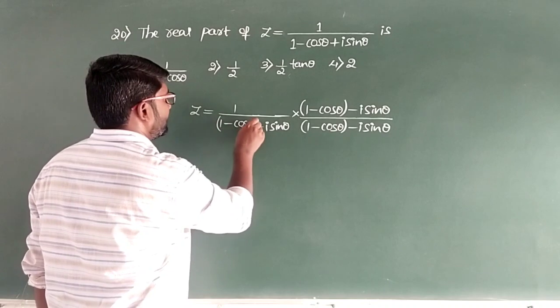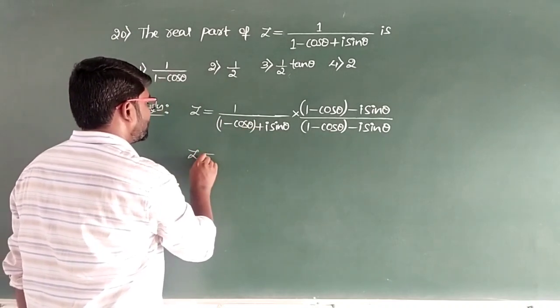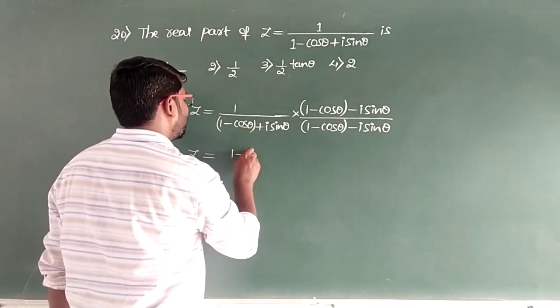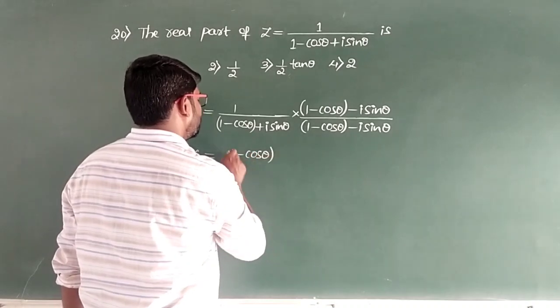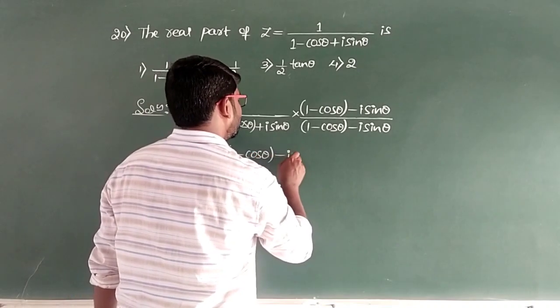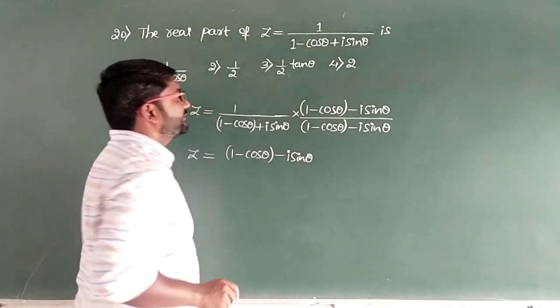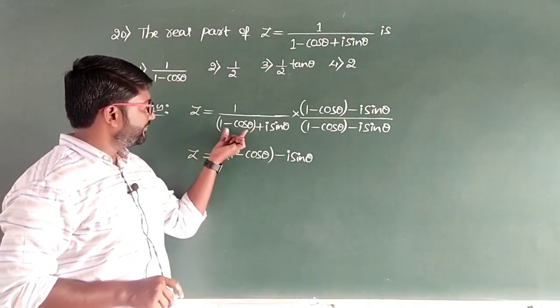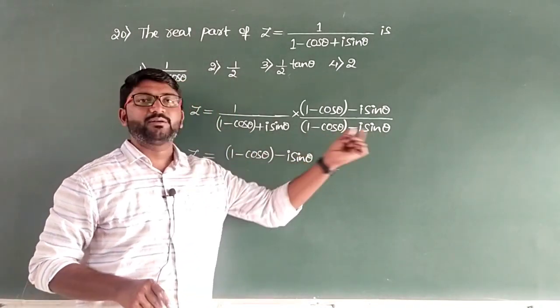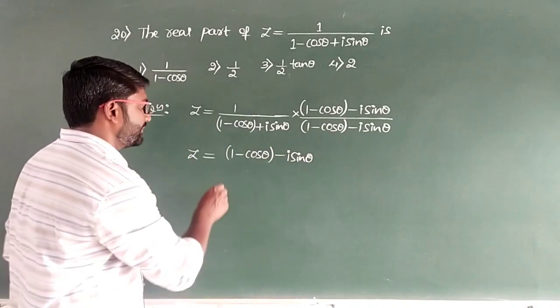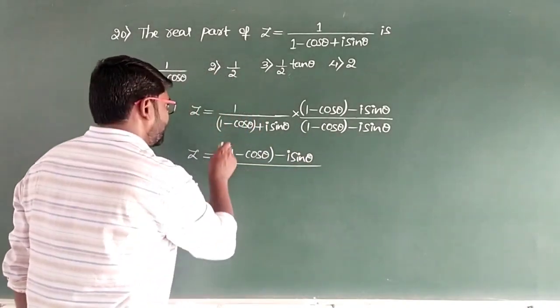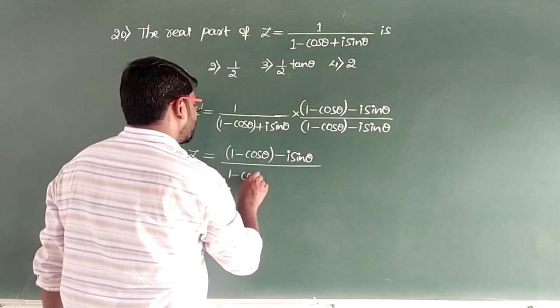So now z is equal to, I will be writing the numerator as it is, 1 − cos theta − i sin theta, then the denominator, it is in the form of (a + b)(a − b), which will be a² − b². a² will be (1 − cos theta)²,